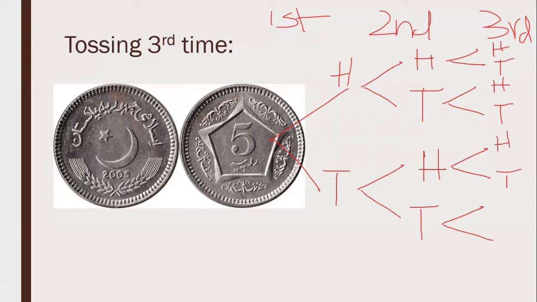Now, these eight outcomes don't represent that you are getting eight solutions. However, they suggest that if you make a sequence of all three tosses, then you can get either this whole sequence, then this whole sequence, or this whole sequence, and you can get all these possible outcomes combined. So this is how you make a tree diagram for more than two events that are occurring one after another.